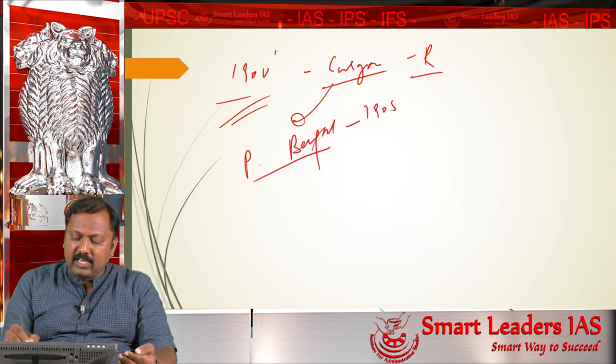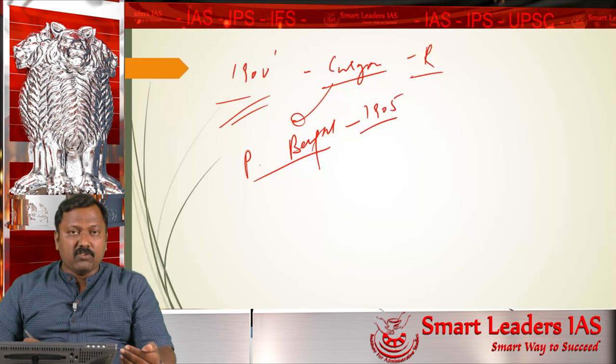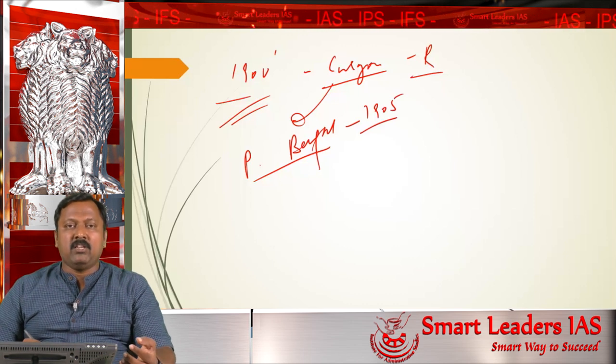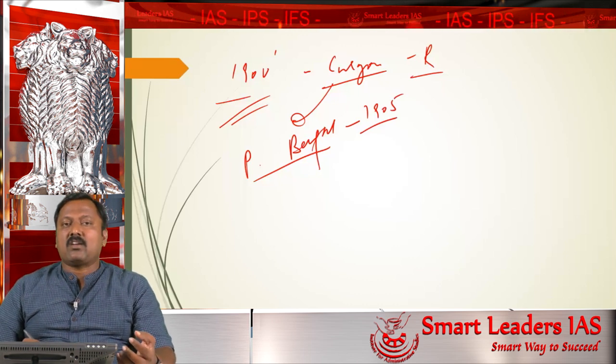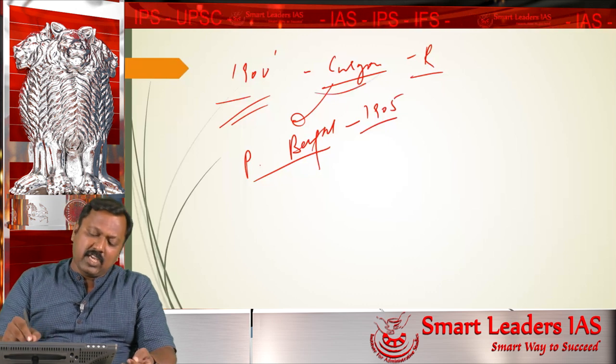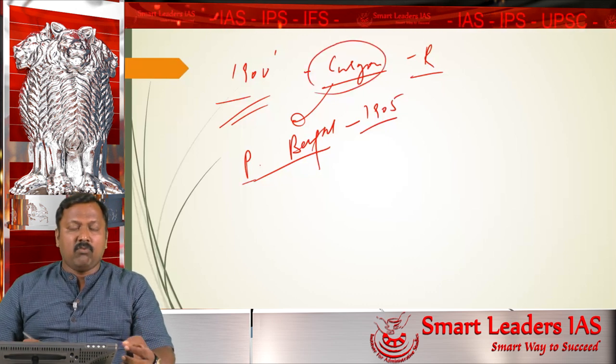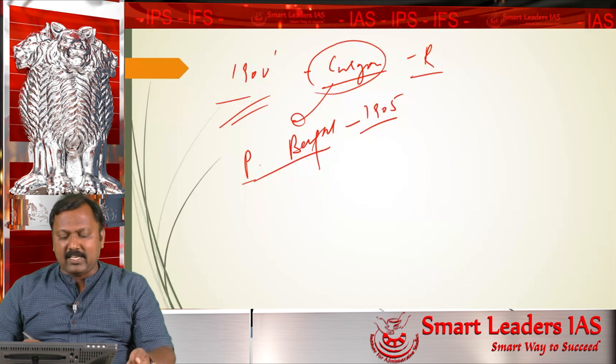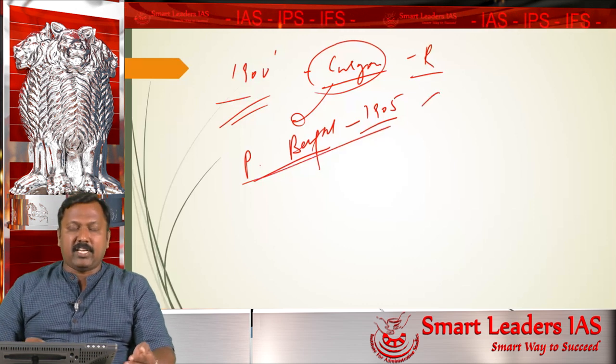Bengal was partitioned in the year 1905. The partitioning of Bengal was done in a very hasty manner without listening to the opinion or consensus of the Indians. The reason behind why Bengal was partitioned, what the factors are, we will do in a separate class. But the partitioning of Bengal had happened in 1905.